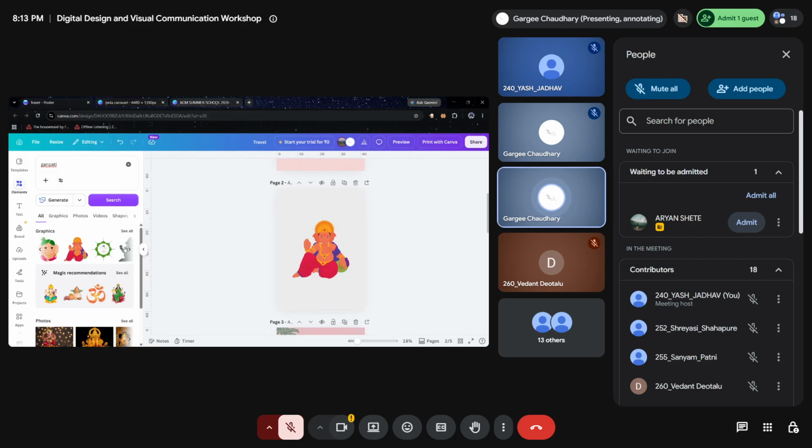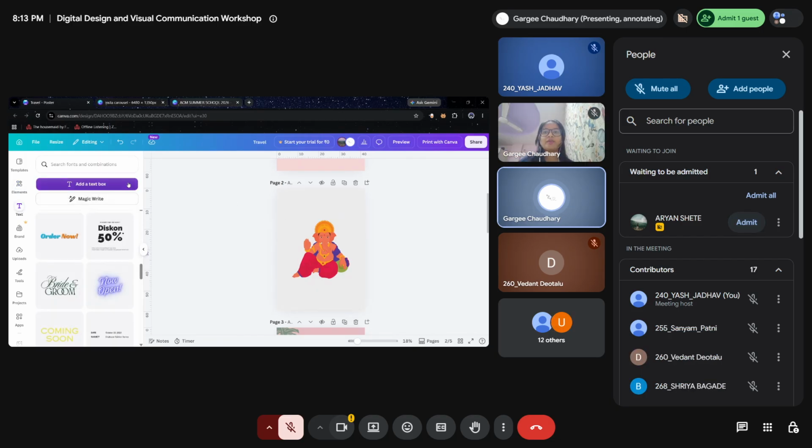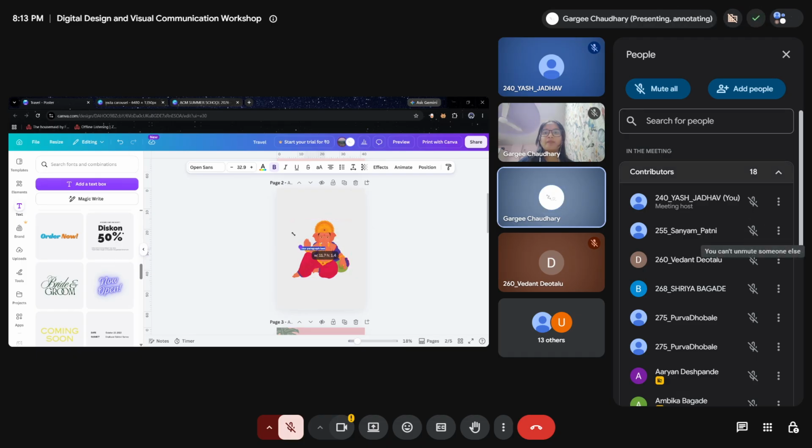So you can add text also over here. Invitation to so and so address for festival of Ganesh Chaturthi, and here I will place it.